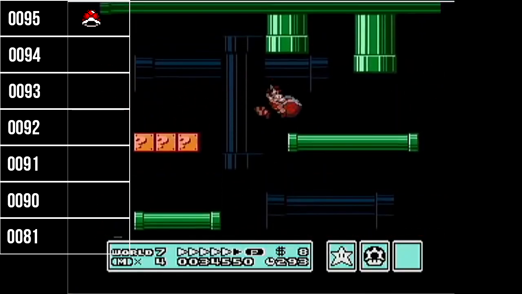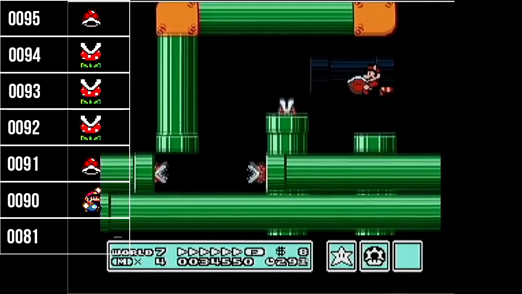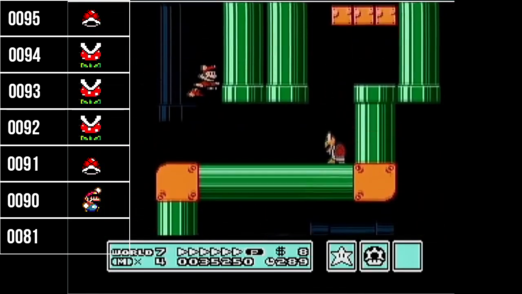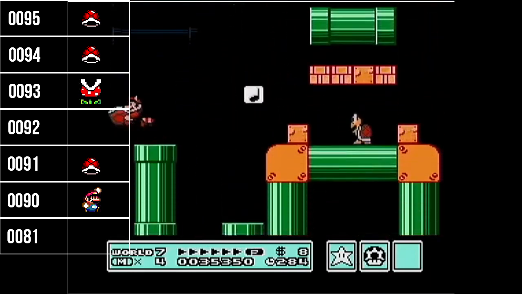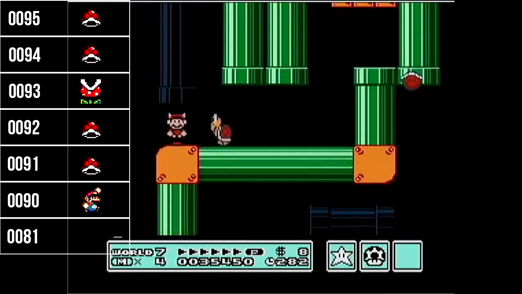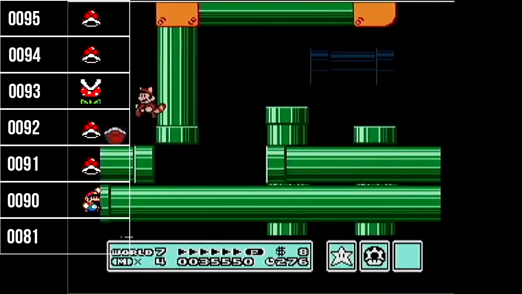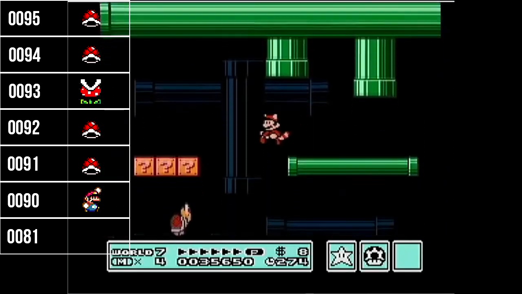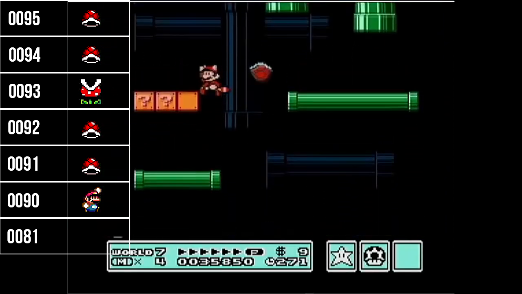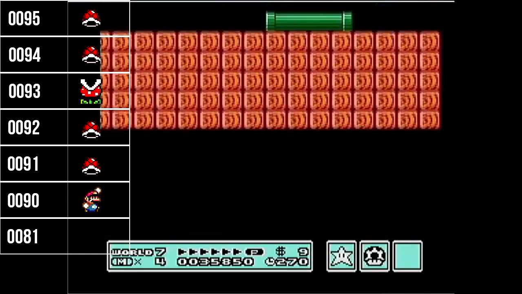So right away you go in and a Piranha Plant spawns right into 0094, which isn't avoidable, but what you're able to do is climb up far enough for it to despawn. You need to bring the first Koopa with you and keep it in the 0095 slot. The question marks Koopa will go into the 0094 slot, and the flying Koopa will go into the 0093 slot. By grabbing the question marks Koopa and falling quickly, you can despawn the flying Koopa before the Piranha Plant spawns, which will put the plant in the 0093 spot as long as the rightmost piranha is killed on the way